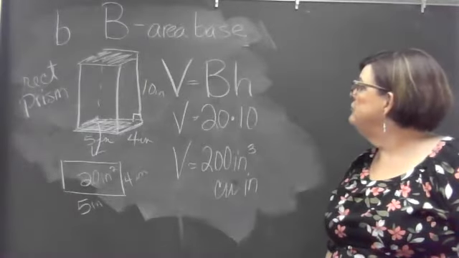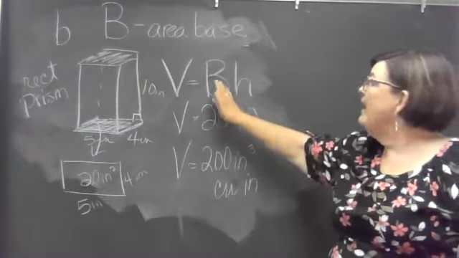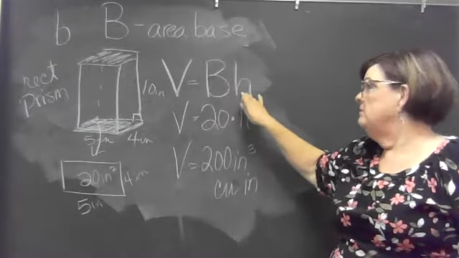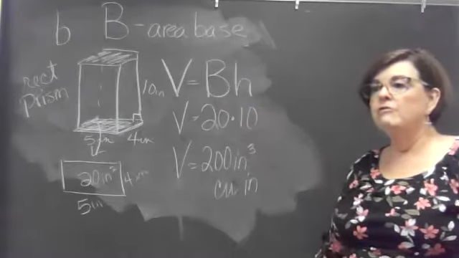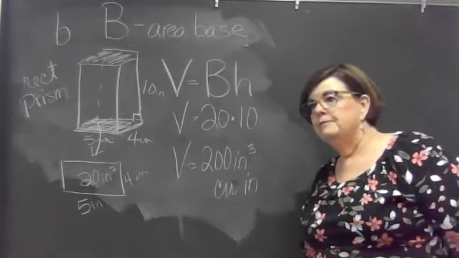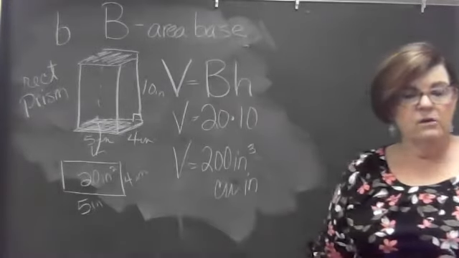Okay, so volume equals the area of the base times the height. Big B is different from little b. Is everybody okay with this first one? Okay, this second one,